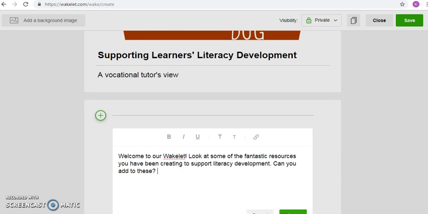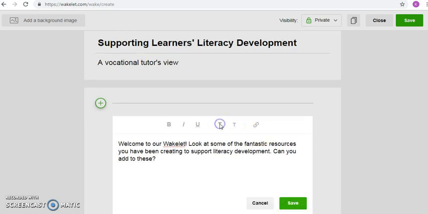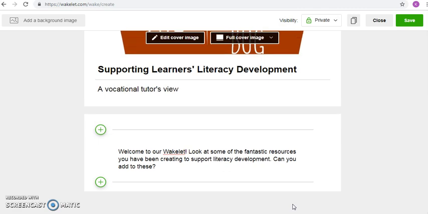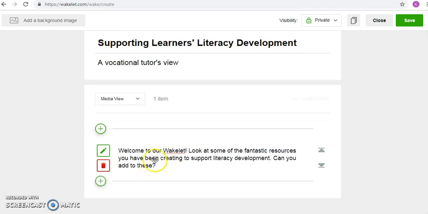So I've got my text, and there I can underline it, or I can make it bigger. So I've got it saved. Okay. Now I want to